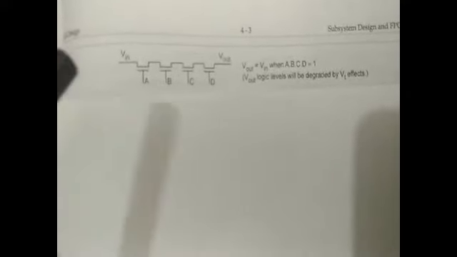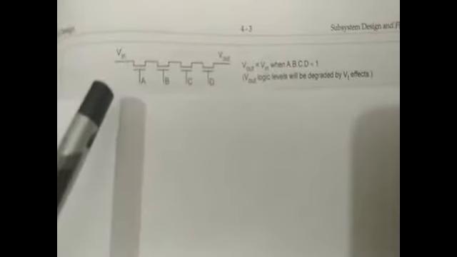Okay, and next, the main important thing is that power dissipation of such arrays is small, since current only flows on switching. So power dissipation is very much less in this switch logic. Okay, I'll just go through some examples of switch logic.